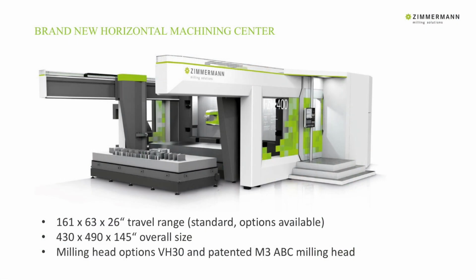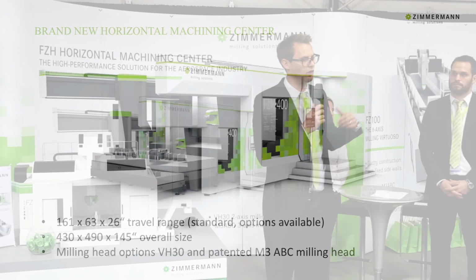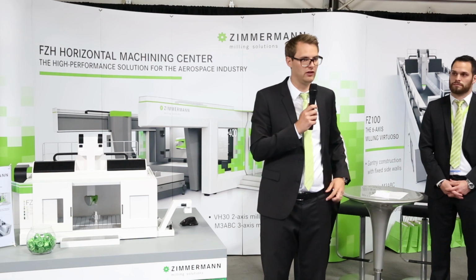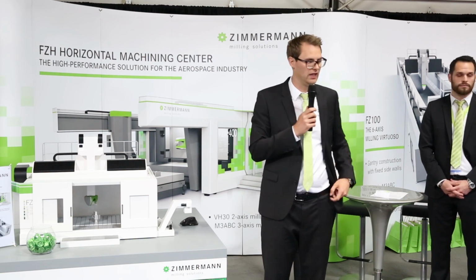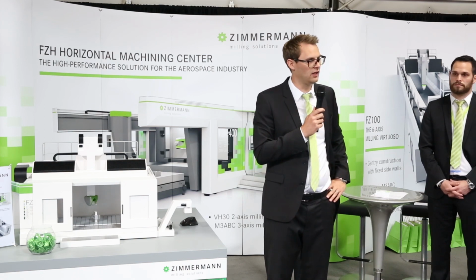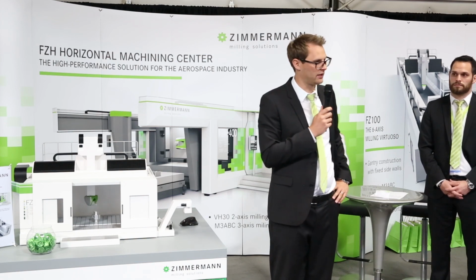It comes in standard with 4.1 by 1.6 by 650. It goes in X direction, 1 meter, step by step. In Y-axis, the customer has the option up to 2.6 meters, and in the Z-axis, you go up to 1.0 meter. So overall, the customer has the choice, whatever he needs. And this is our future, this is our new product, and this is